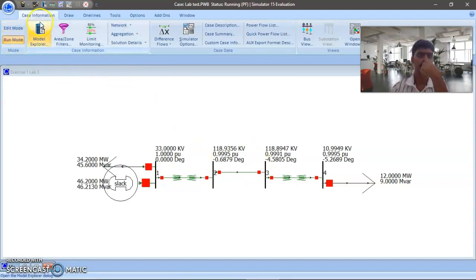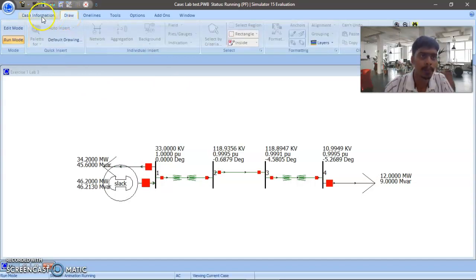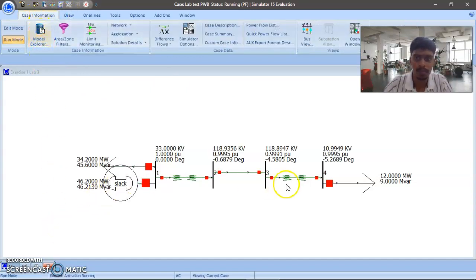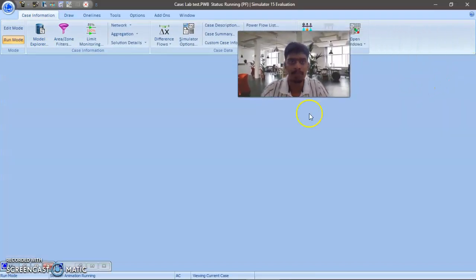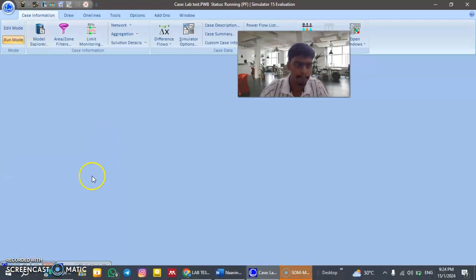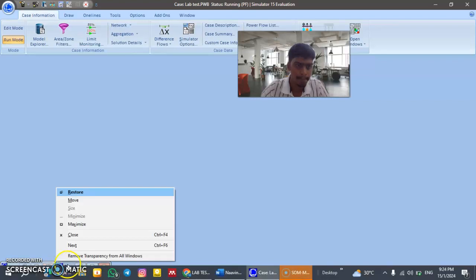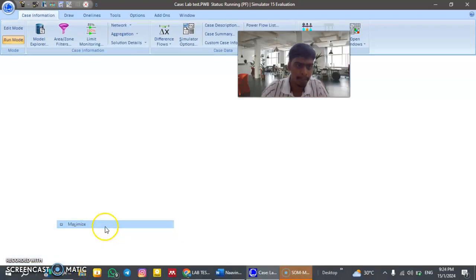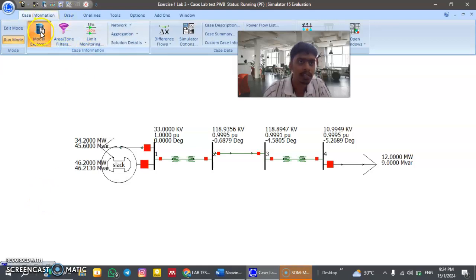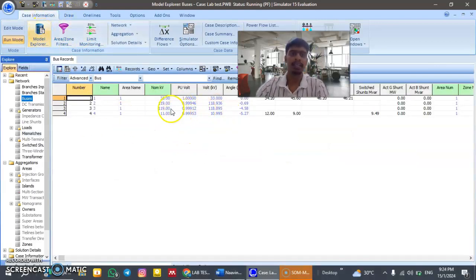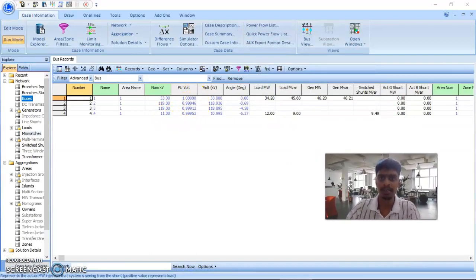Okay, for the simulation part, I will get the nominal 33 kV, 119 as I mentioned from my matric number, and then 11 kV. So the value will be like this,